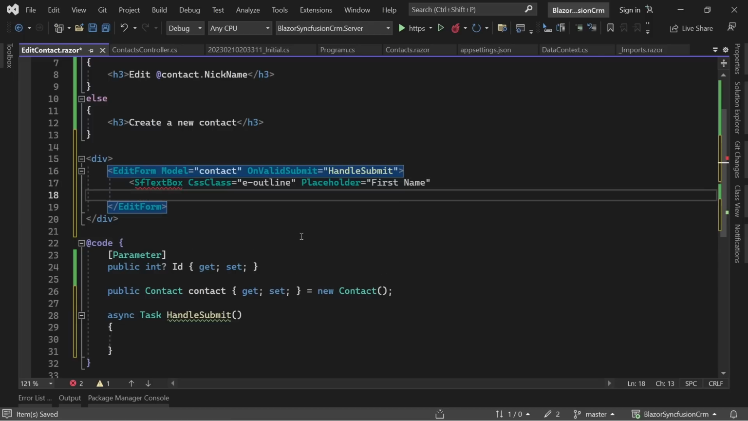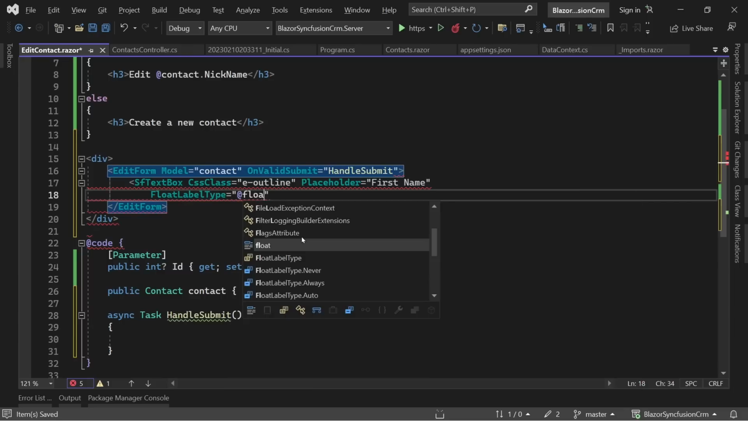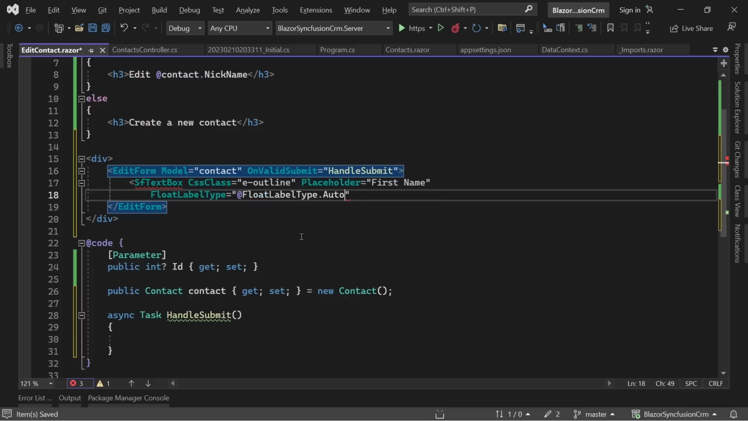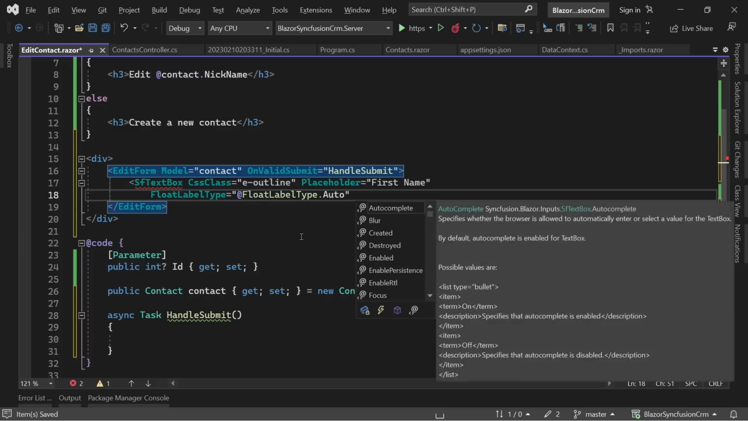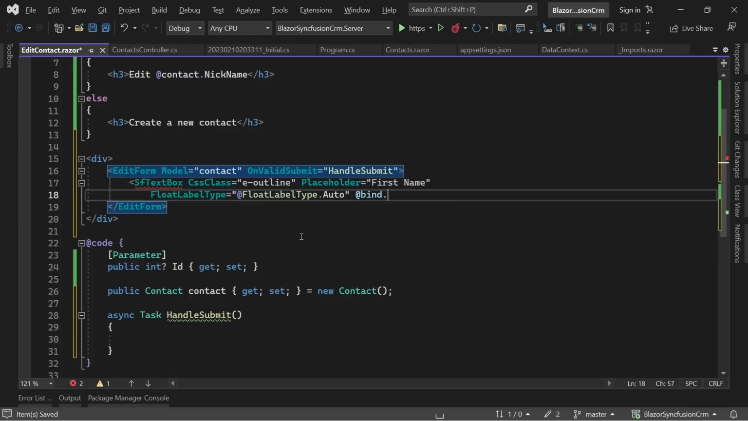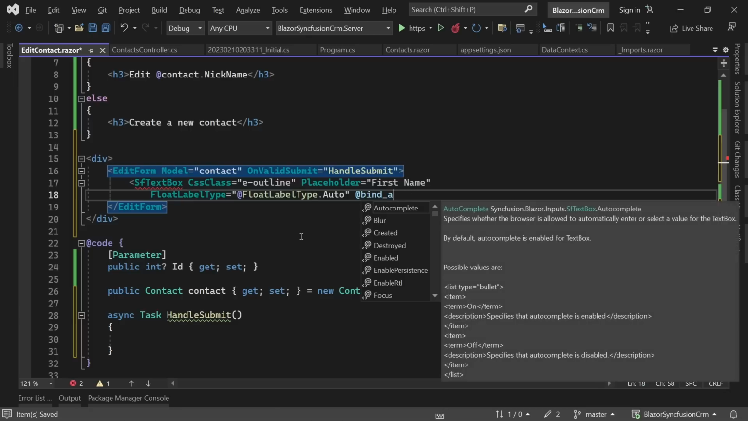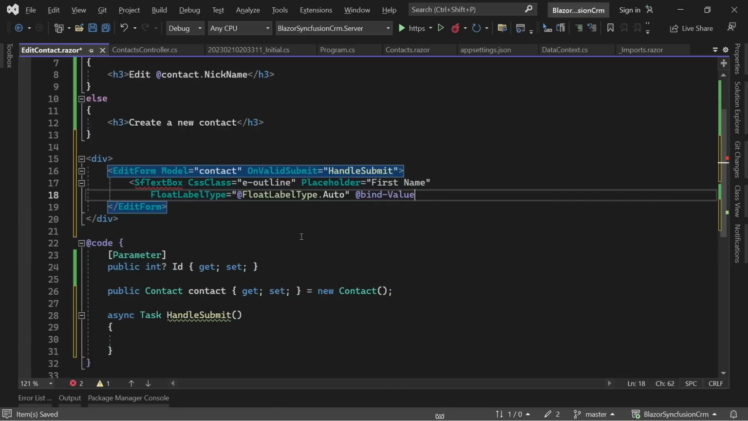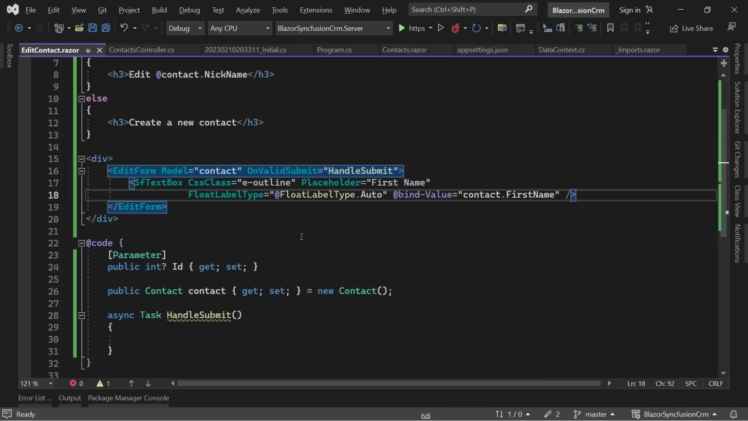And then for this placeholder, we can also define a float label type. What I like is the float label type auto. And now the next thing is the typical binding of a value. Oh my gosh, it's late again. And here we say contact first name, for instance. All right, so this is now our SF text box,